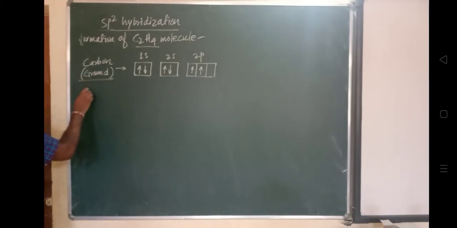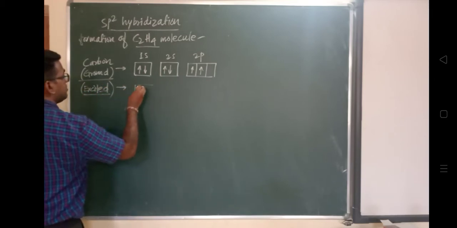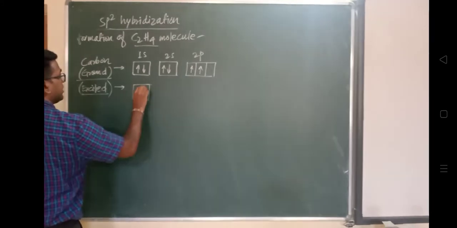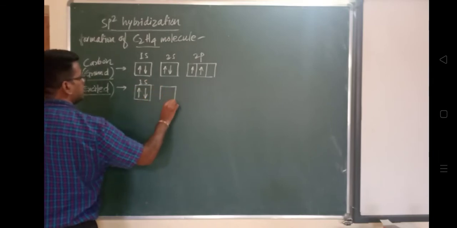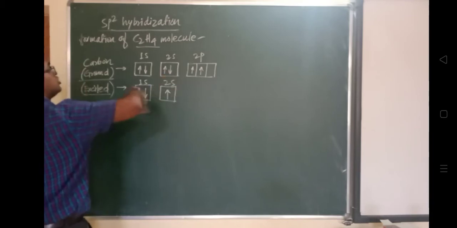One of the electrons from the 2s orbital will jump into the 2p orbital, and it will jump into the last one, that is the z orbital, the 2pz orbital. So in this way, this is one orbital, this is one orbital, and this is one orbital. So in 2p, this is x, this is y, and this is z. In this way it will jump into another orbital.